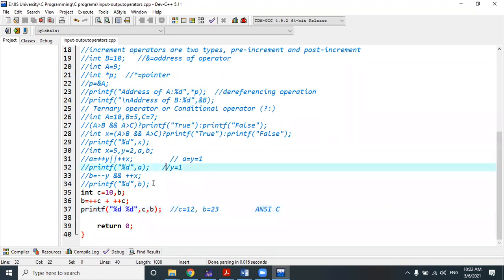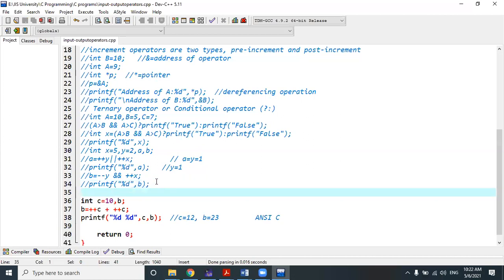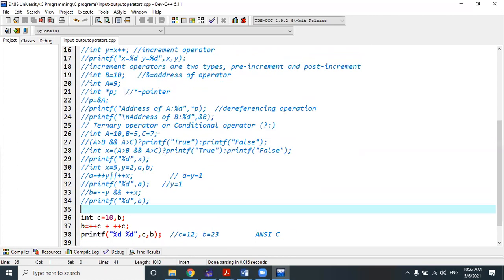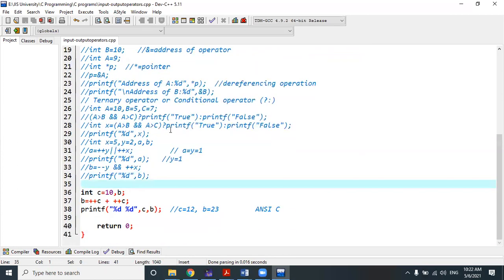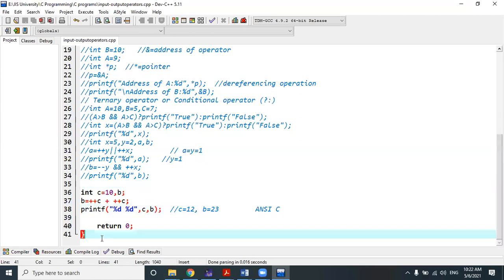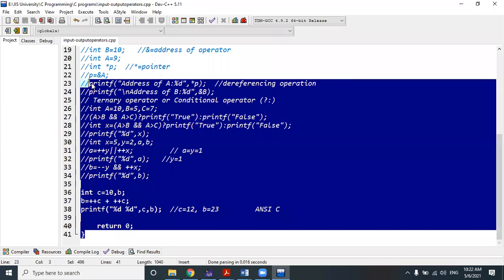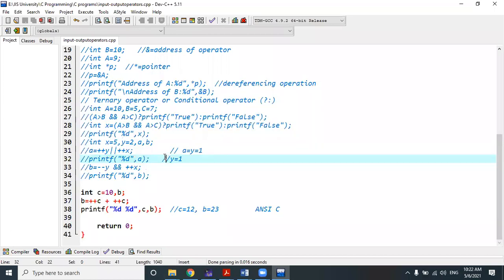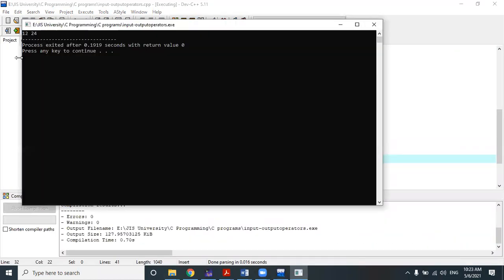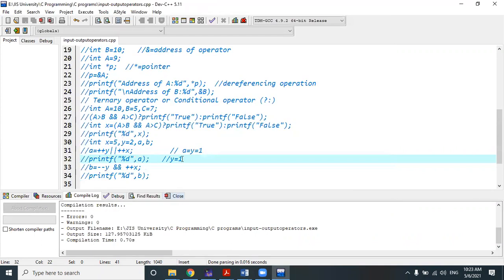So I suggest to everyone not to execute this kind of increment decrement operations in your compiler. Rather, apply your own logic and do it with pen and paper. That will be better, because we are following ANSI C, and software like Code::Blocks and Dev C++ are not following the ANSI C standard. That's why the output is executed in different modes. Their definition of the increment operator is different. That is a real problem.